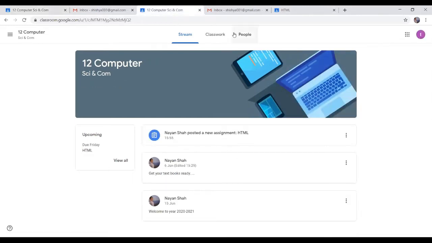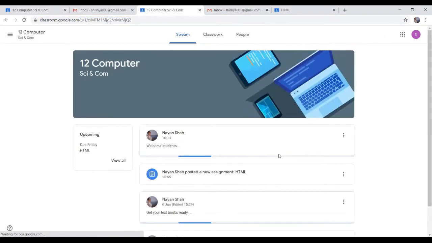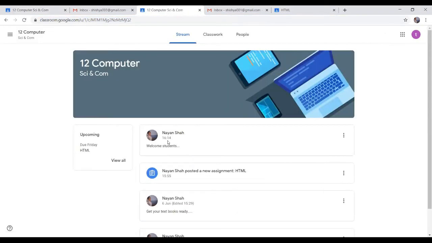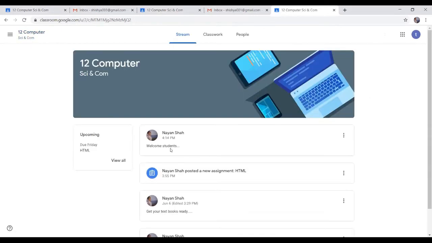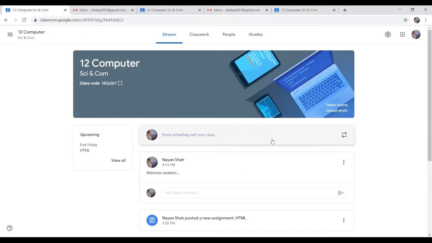If you come to the dummy student's account and refresh, it says welcome students, posted at 16:14. There is another student also. For that student also, we go to the class, and there also it says welcome students. So this is how students will be getting the notification immediately when we post it.